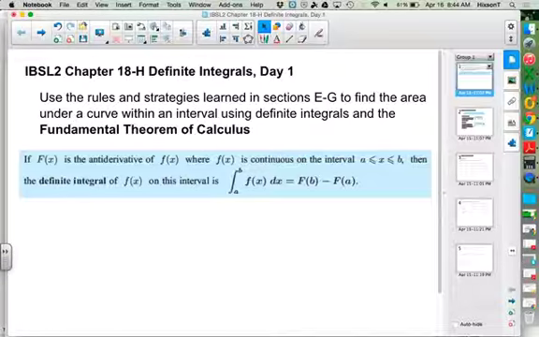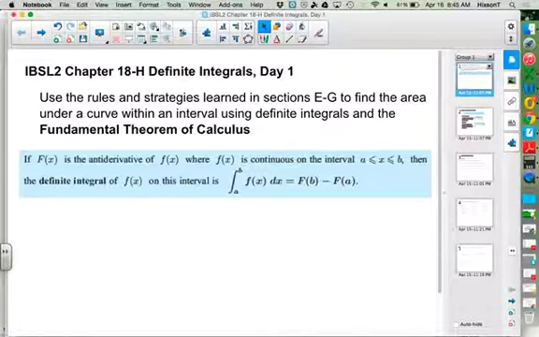Let's just review what the fundamental theorem of calculus is saying, okay? Capital F of x is the antiderivative of f of x. f of x has to be continuous on the interval from a to b. Now, what does it mean to be continuous? It has no holes or asymptotes. No holes or asymptotes, okay? It has to be continuous. So if it's continuous on the interval where x is between a and b, then the